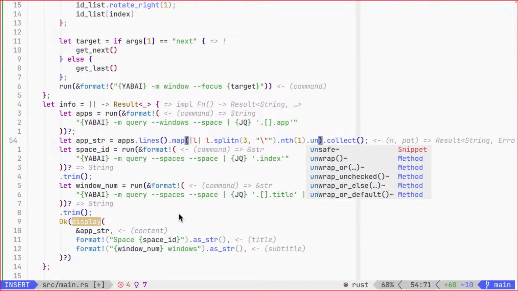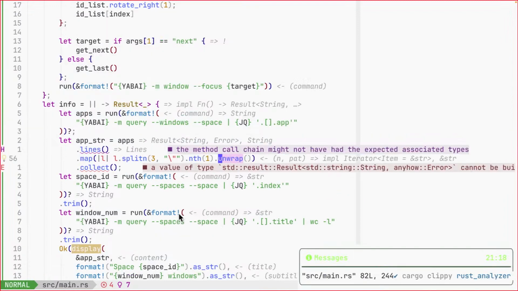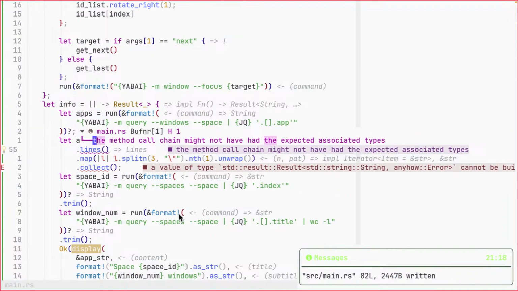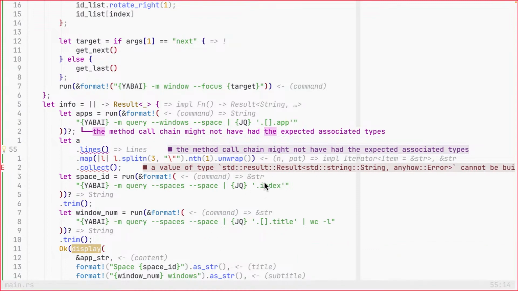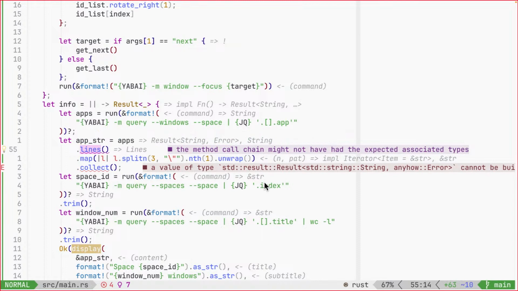I think this is because this is an option. Up to here. So it's suggesting that this is not a vector, it's not an iterator of strings. Which means it is probably error, a result,